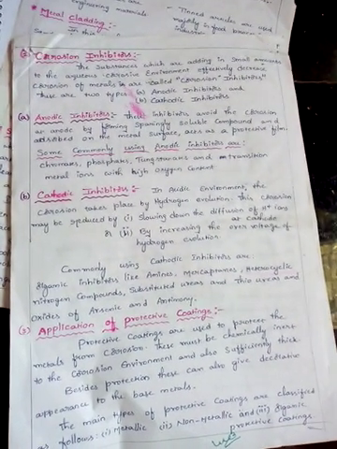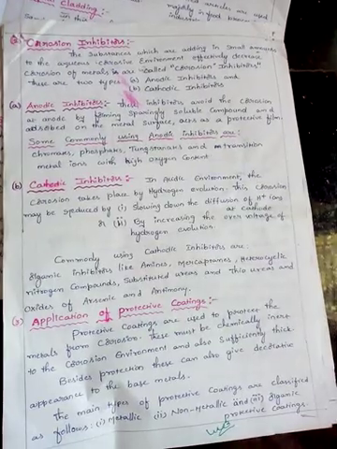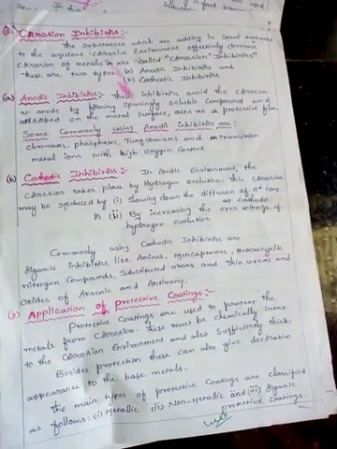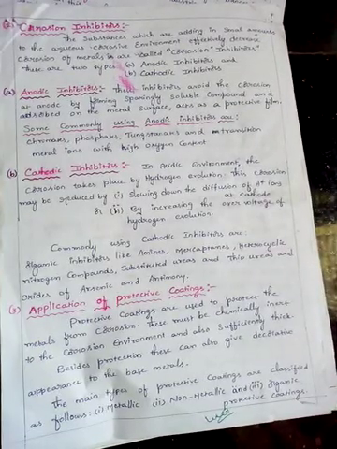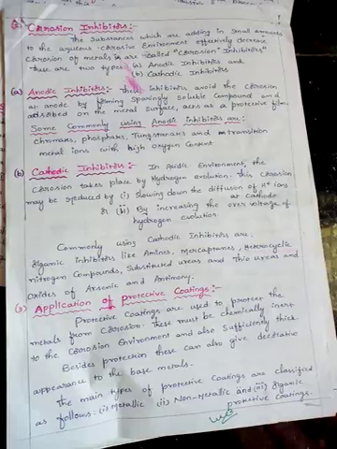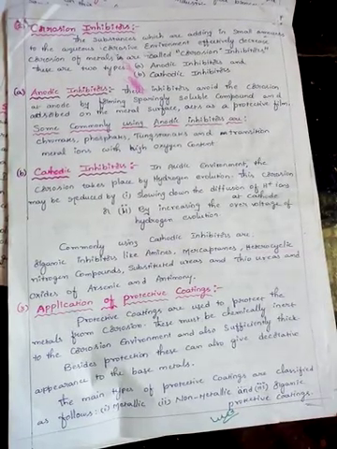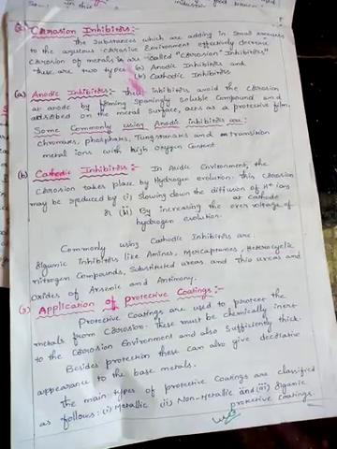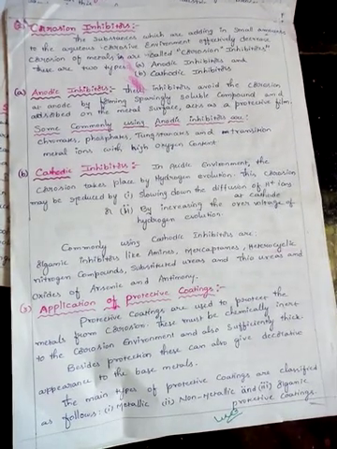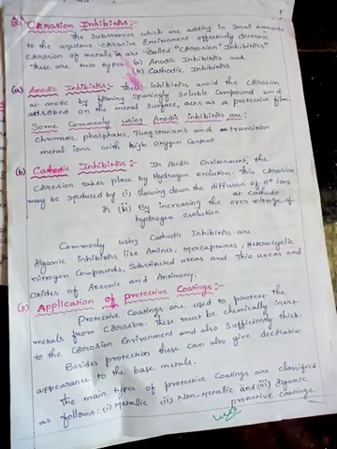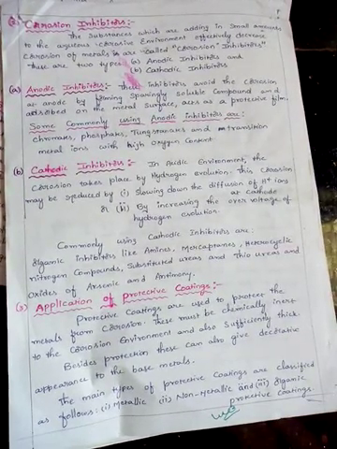Corrosion inhibitors. So this is another important topic. These are of two types, anodic inhibitors and cathodic inhibitors. Anodic inhibitors are a type of inhibitors which are used to protect a metal from corrosion just by forming sparingly soluble compounds at the anode and adsorbing a film-like material at the anodic zone. Commonly used materials are chromates, phosphates, tungstates, and transition metal ions.